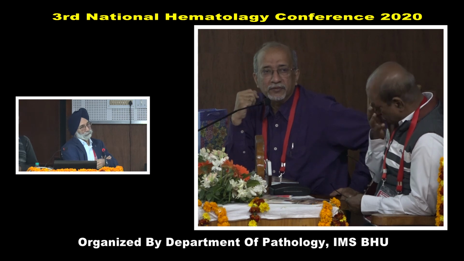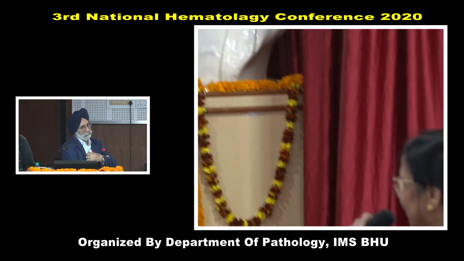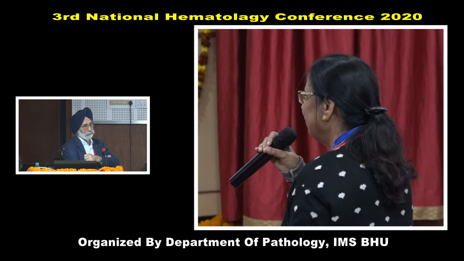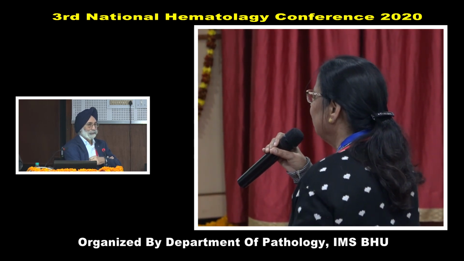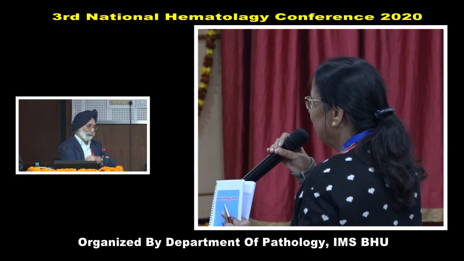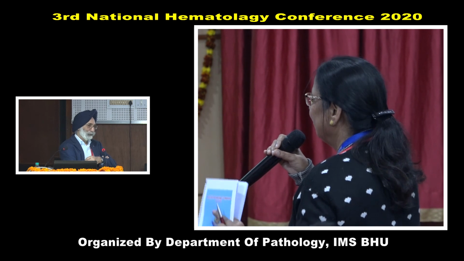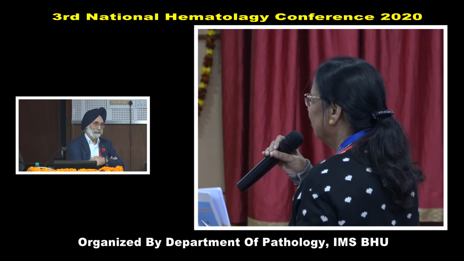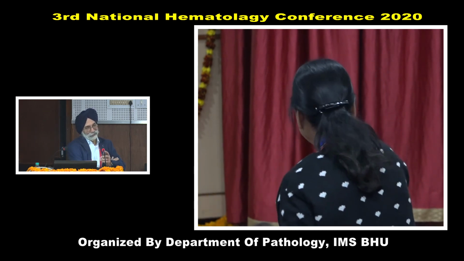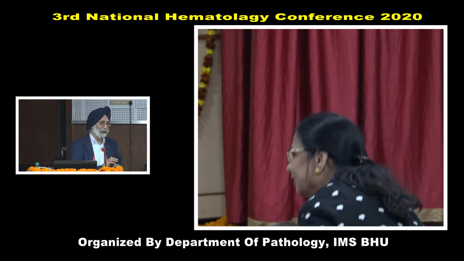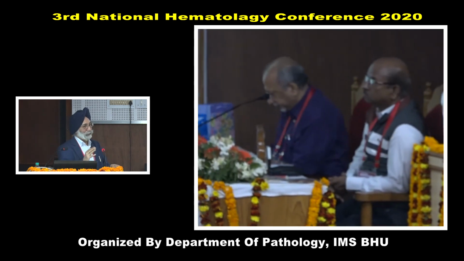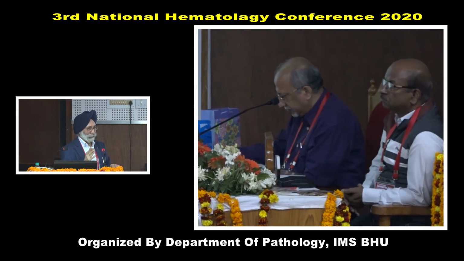The question is whether, for the diagnosis of biphenotypic leukemia, the percentage of both the blasts should be more than 20%, because in flow cytometry many times we find aberrant expression. For biphenotypic leukemia, for example, for lymphocytic, both the B cell and T cell should be more than 20%. See, by immunohistochemistry, we don't diagnose biphenotypic leukemia. Depending upon the expression of various markers, we diagnose either as AML or ALL.